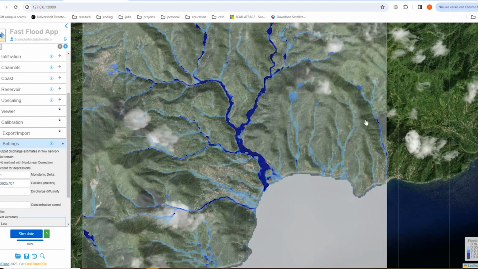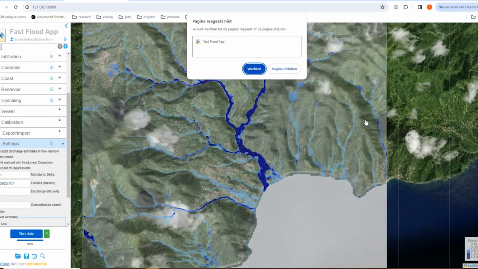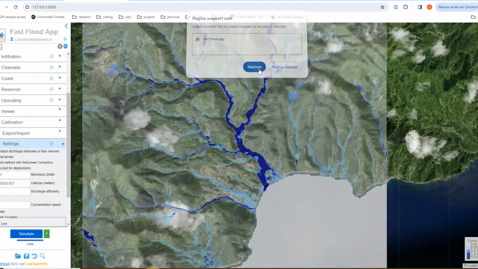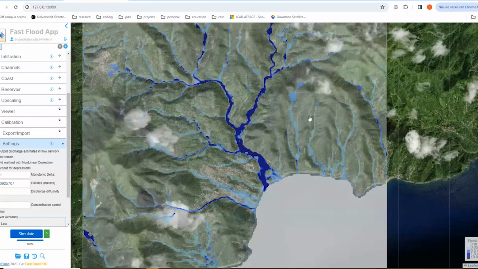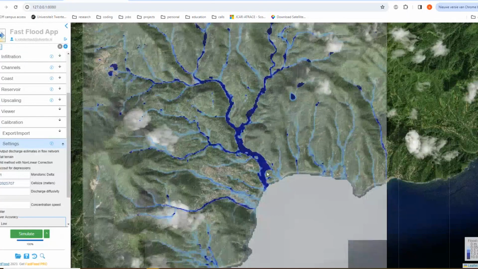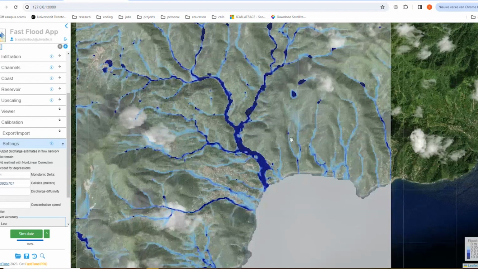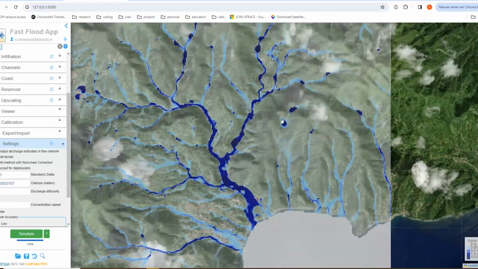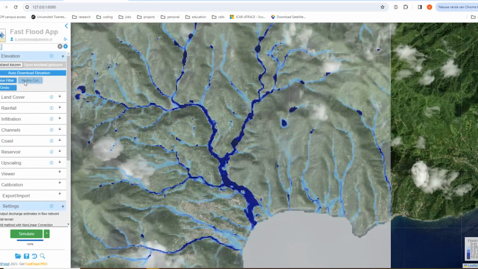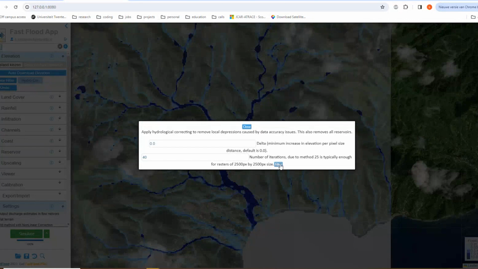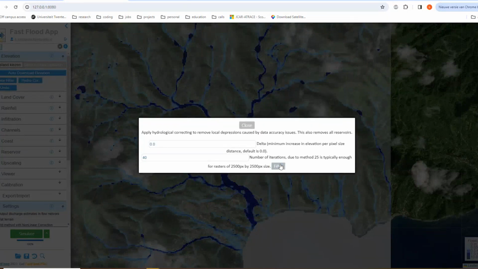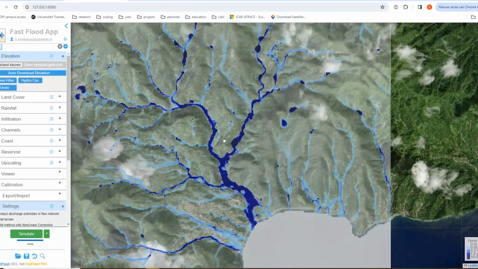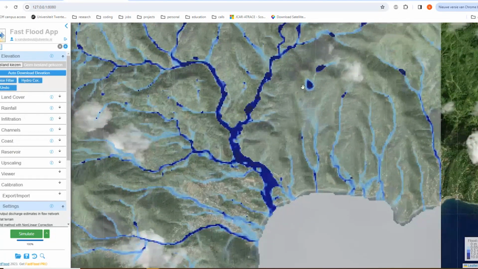Let's draw some mitigation. So on the right, you see quite a selection of tools. Those relate to things like levee systems, embankments, things like that. There we go. So you see, indeed, the elevation model did have some local depressions that are erroneous. These are not there in reality. Well, one thing we can do is automatically hydrocorrect our elevation model. Apply a hydrocorrection filter, and now when we run the model again, we won't see those depressions there, ruining our